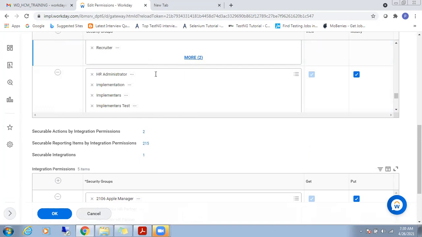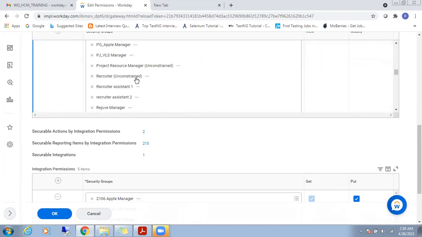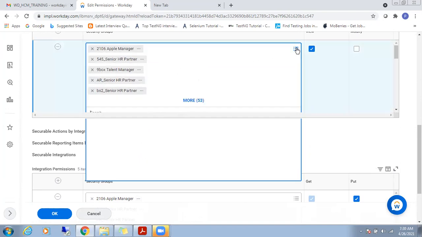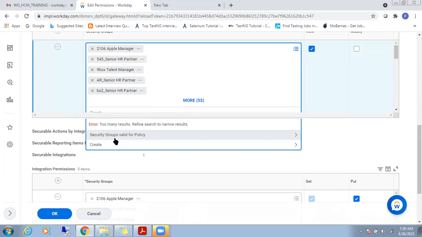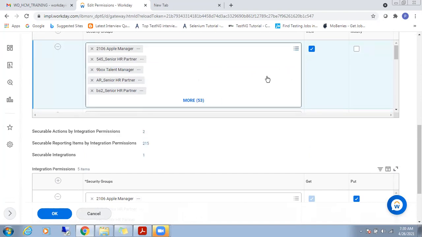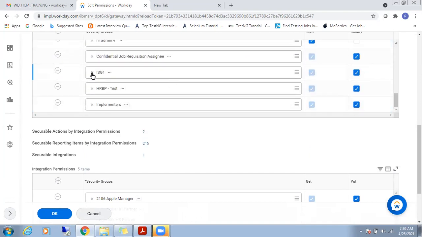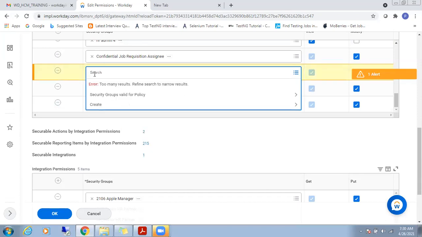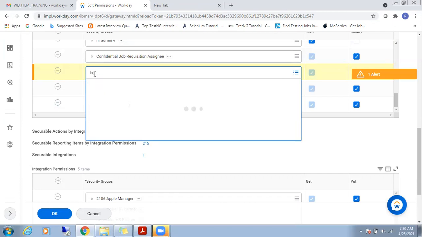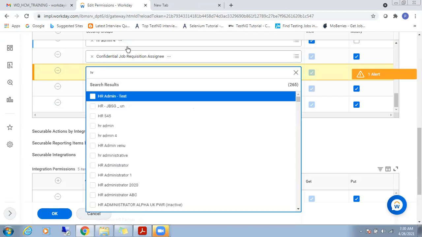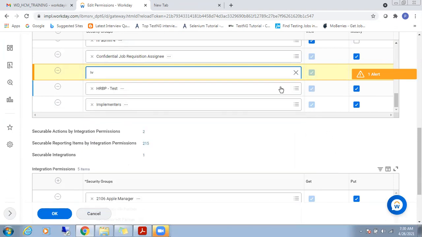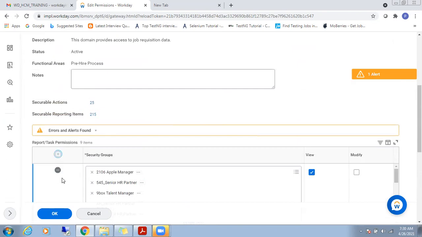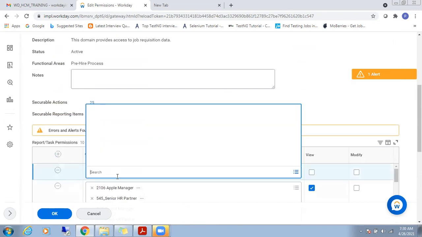So I can click on this. There are too many here. Let me add and show you. Here, you can create this. If you want to add any security group, we can directly add it here. See here, we are clicking here. We can create a row here and click on it.